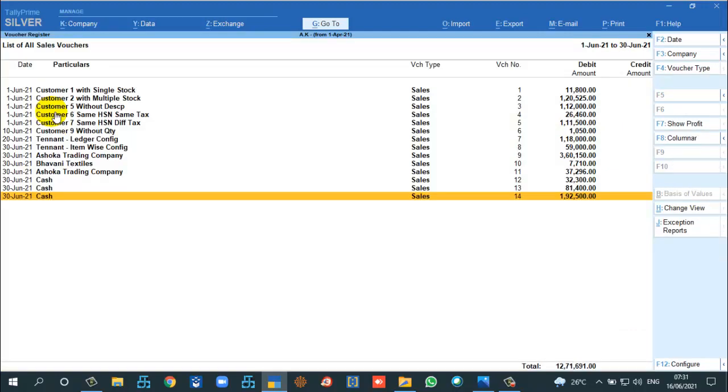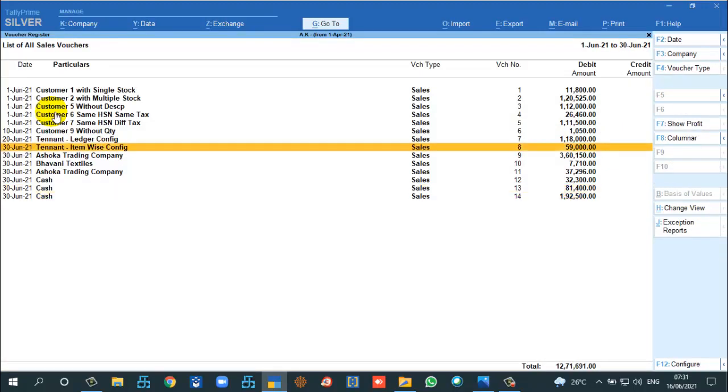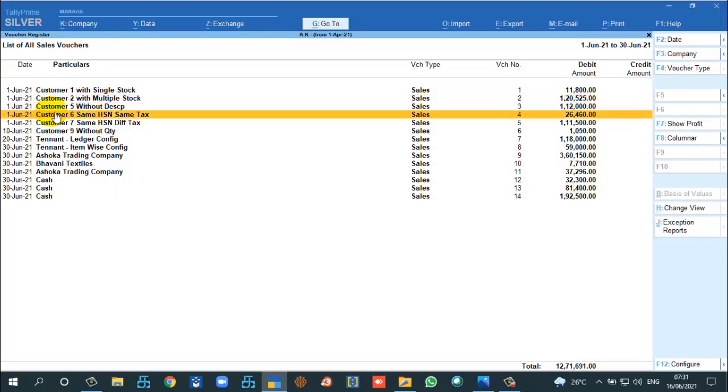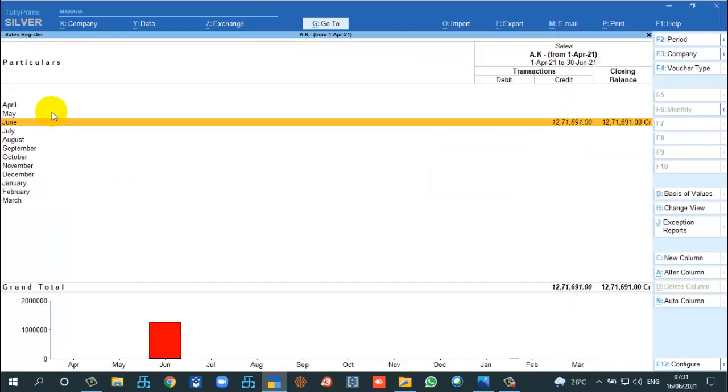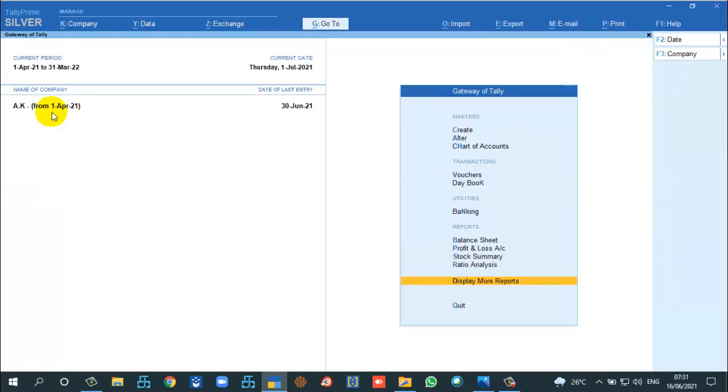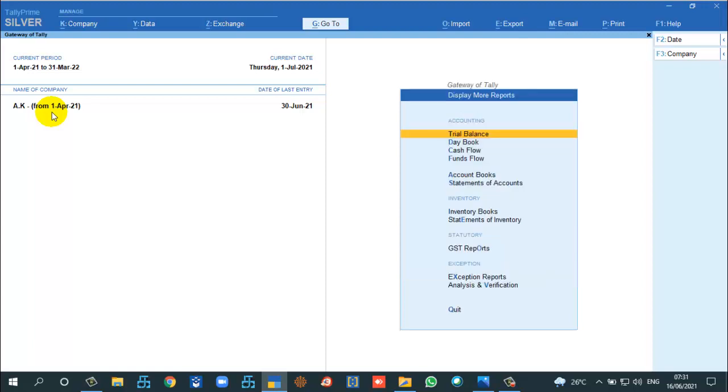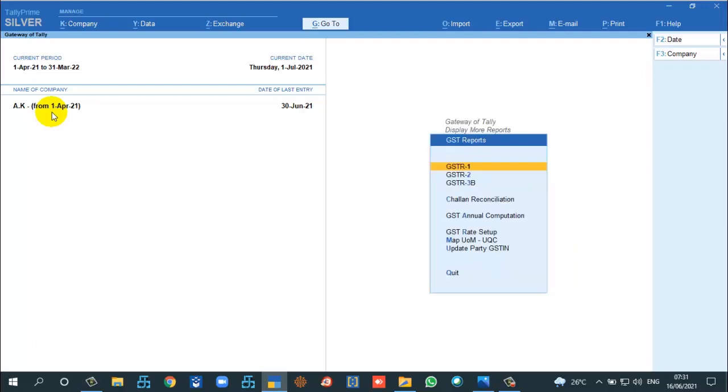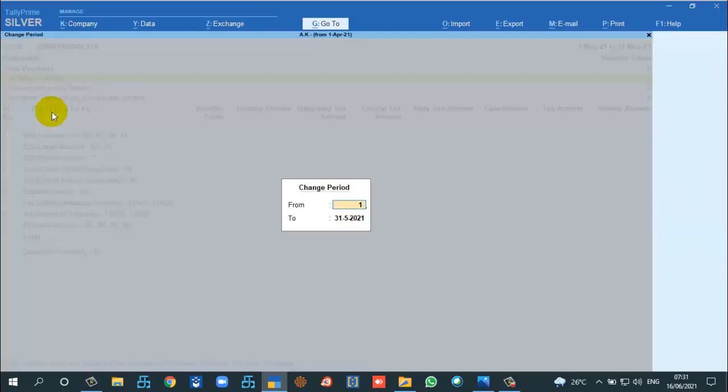All the entries I have made are in the month of June. Let us try. Everything is loaded, TCS is loaded, and the other HSN codes are perfect, and we can see whether there is any error in the GSTR1.